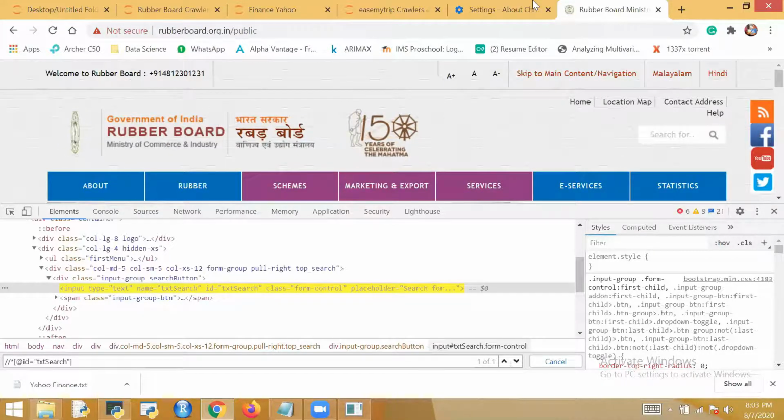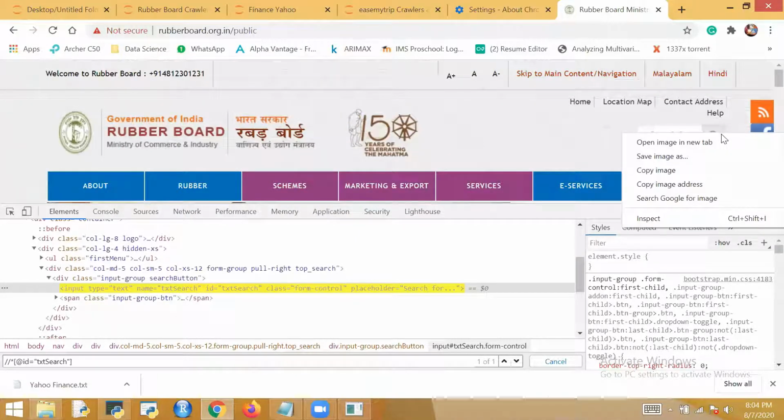After copying, press Control F and paste your XPath there and hit enter. See, it will locate that element in that web page. It's locating, right? So now our first task is done: to locate the element on the web page. Now we have to send the keywords there, what we want to search, and after filling that keyword, we have to press this button.